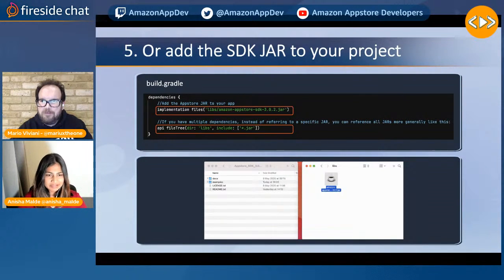Unless, Mario, you have anything else you wanted to add? No, that's great. I agree that using the Maven approach is probably the easiest one. Definitely. A lot of developers still like to use jars. So that's fine. I will not cast judgment here, but I think you gave a very good breakdown of the initial